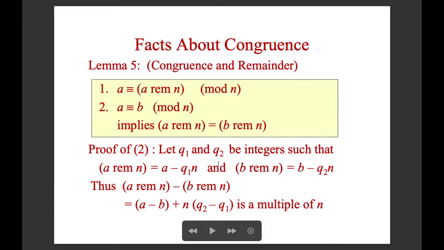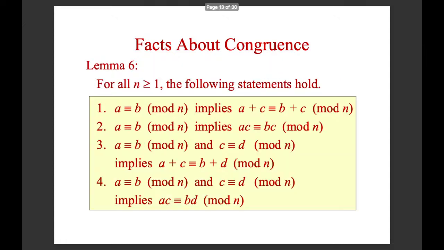To prove this is actually simple. You can go through this by the definition. And what is more interesting is about these facts. It turns out that this congruence operator is really similar to the equality operator in arithmetic in most of the cases. So first of all,